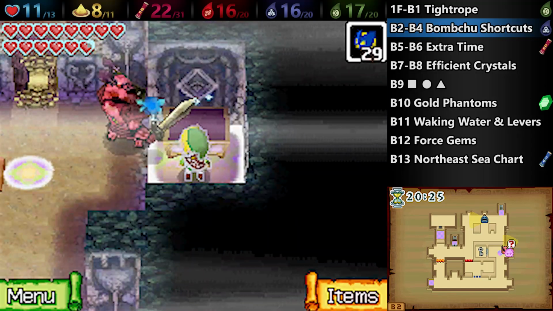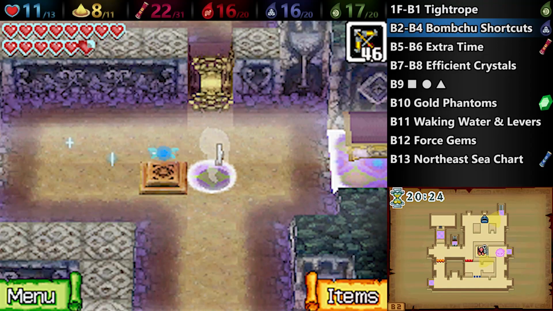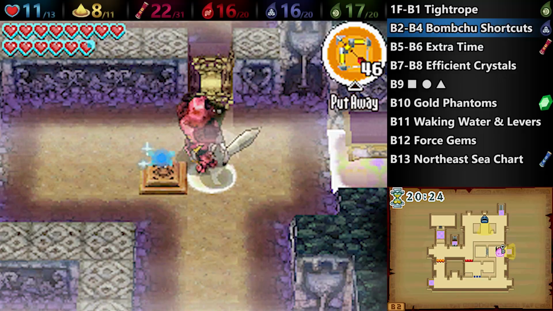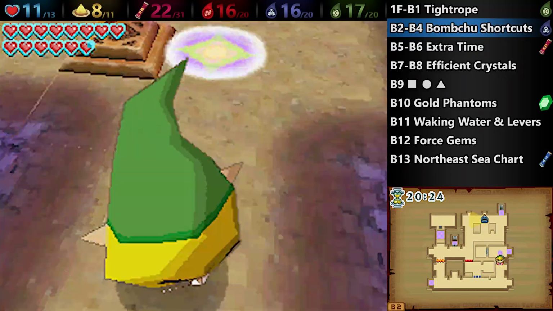Now this is not really the end of the world. You can get it a variety of different ways, smacking it with your sword, using the boomerang, but the best way by far is actually to use the bow because it stuns it and this allows you to pick it up very safely. I actually think this mechanic is kind of interesting because it means that if there is a